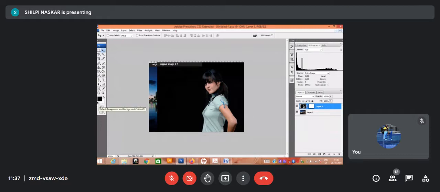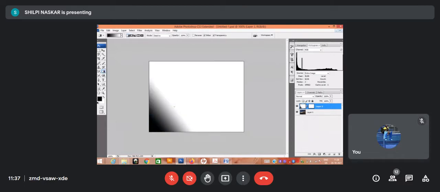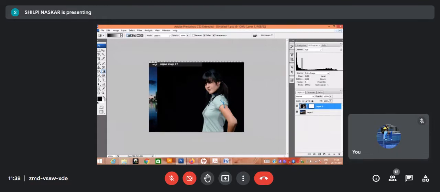Now there are two ways. One is you can select the brush and wipe the unwanted portions. But in this case, as the background is a solid color, I'll be using the gradient one. Sorry, Control Z. Here I have to flip it.